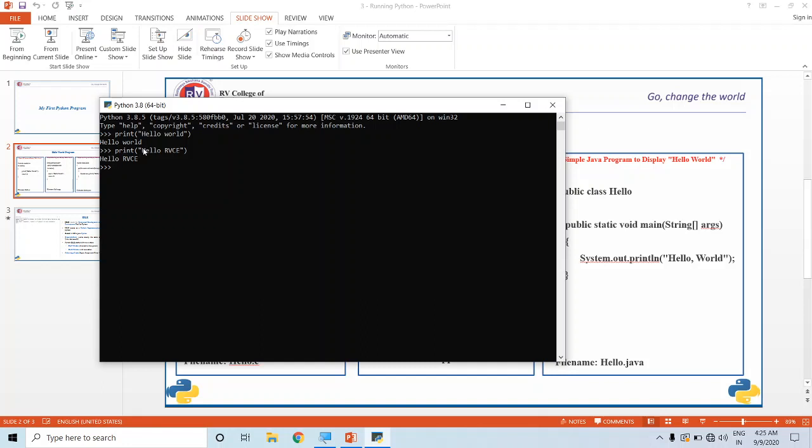It is not mandatory, it is optional. In an upcoming session, I am going to show how the main method looks in Python. But for this tutorial, there is no need to write any main method. Writing a main method in Python is not mandatory.